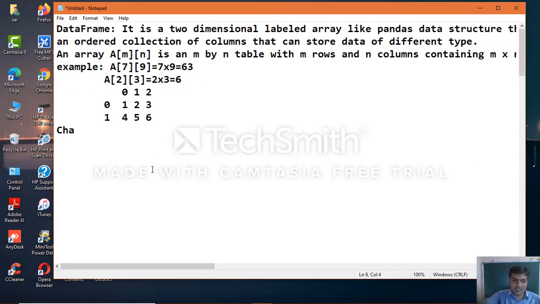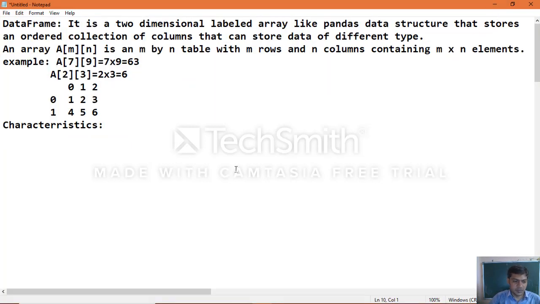Now we'll see the characteristics of a data frame.